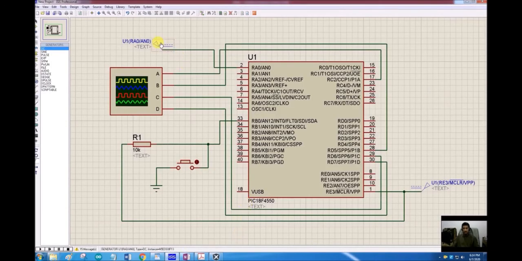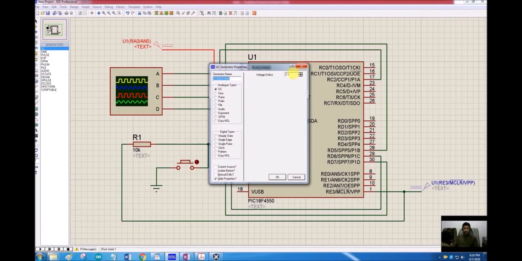So here I have my analog input that is now set to 3.3 volts.